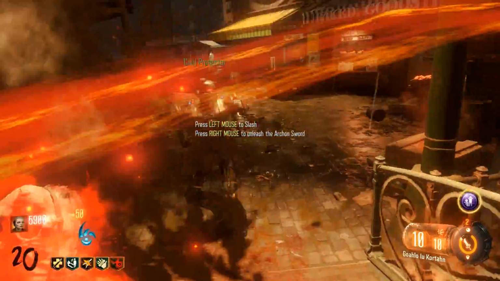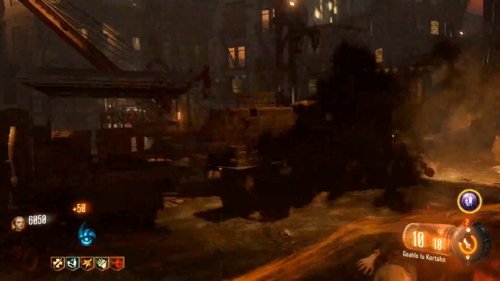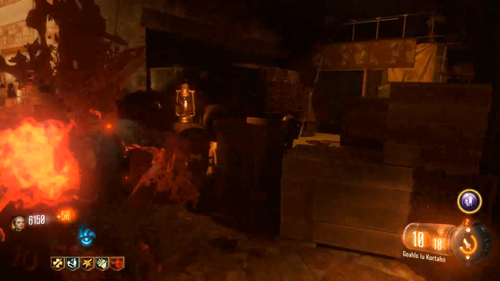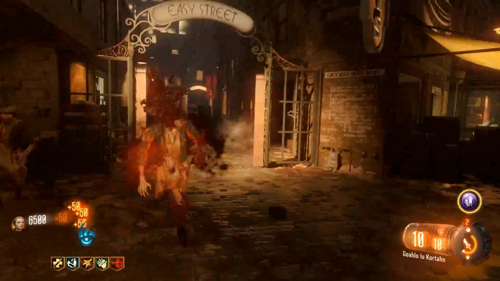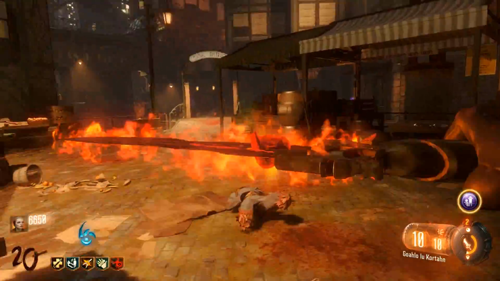Now, be careful. You can go down easily because of the sword's arc, and you're able to walk into a zombie that's about to hit you. But if you stay back and keep moving backwards a tiny bit while swinging the sword, you'll be fine. The thing is, you should only pull out the sword when you need to, because again,